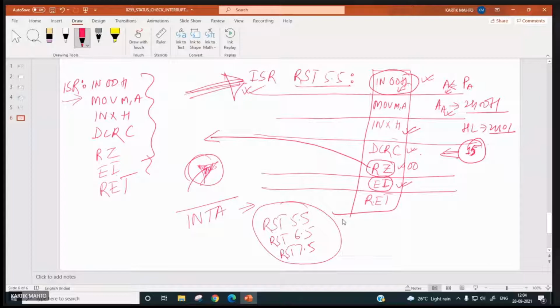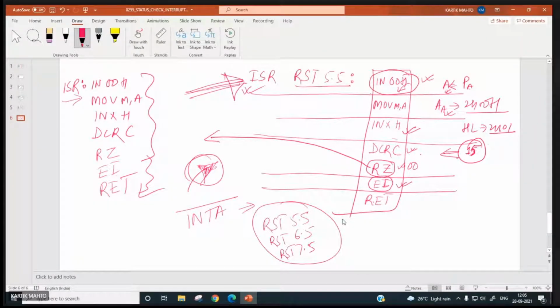how many times will the ISR be executed? Sir, 15 times. OK, 15 times. Why? Sir, because DCR C is there.